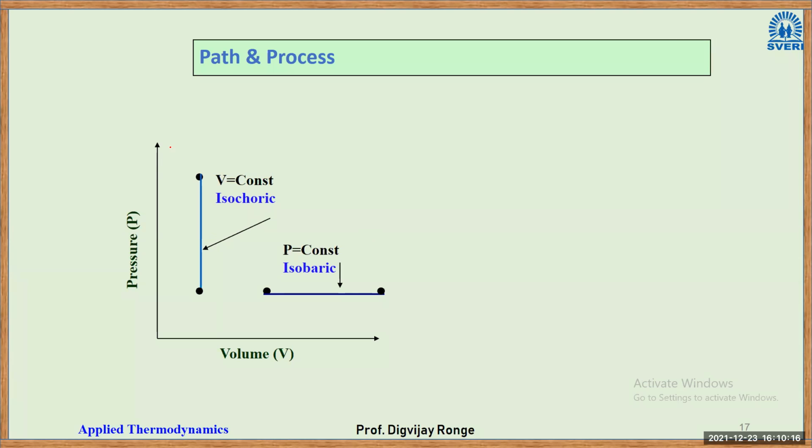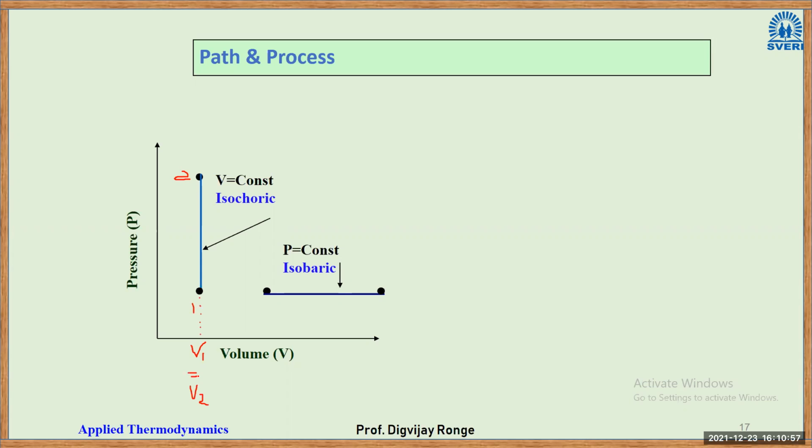Now, this is a PV chart. On the ordinate we have pressure. On the abscissa we have volume. This is state 1. Let us say the process goes like this, and the final state is state 2. Now watch closely what is happening in this case. Initially the volume was V1. Now, what is the volume at state 2? Let us say that is V2. Is there any change in the volume? No, the volume remains the same.